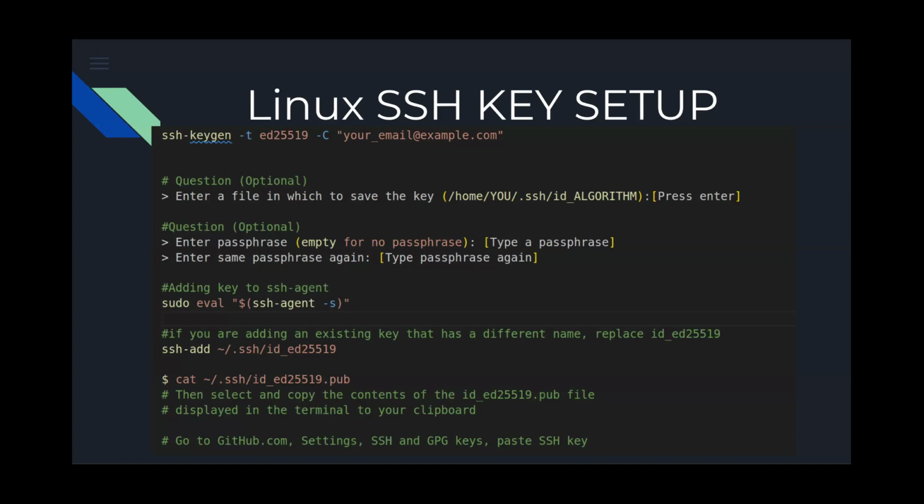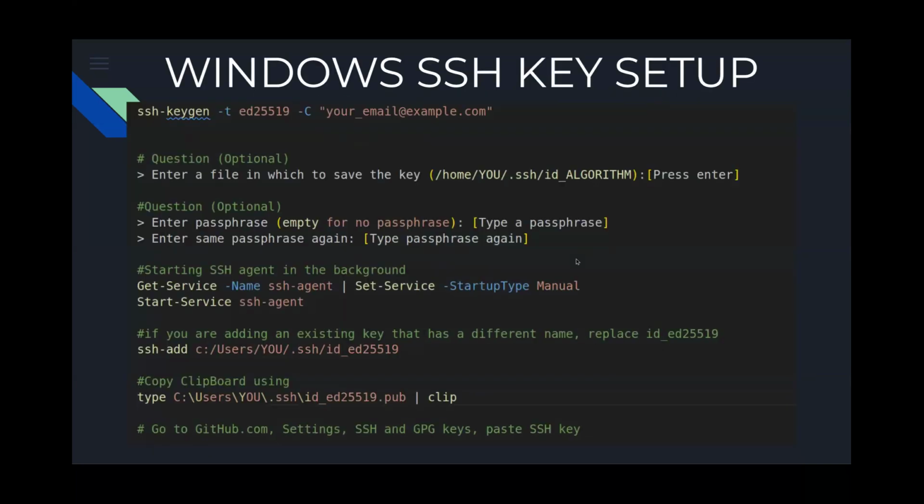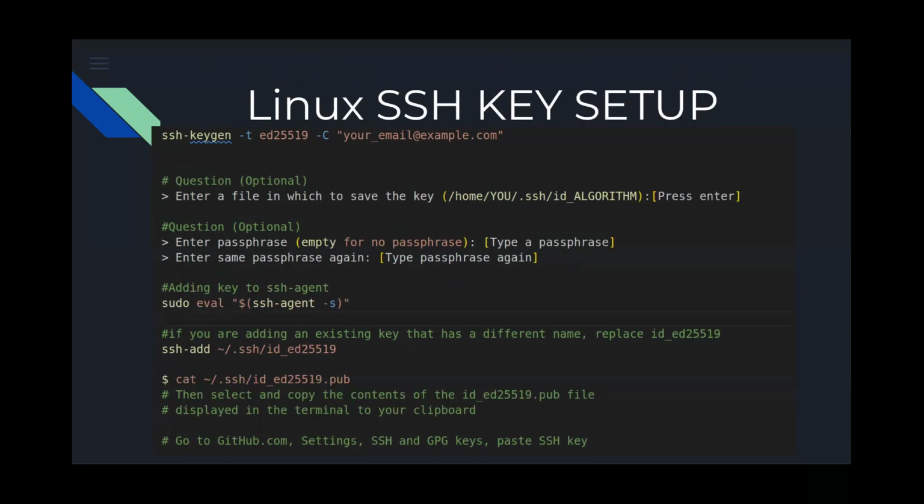I just want to know if anyone needs me to go over this part. This is something I put in here just in case. Perfect. Yeah. So there's going to be two different ways to do it here, and they are going to be similar, but they will not be exactly the same depending on whether you use Windows or Linux. I am assuming that most people here are using Windows. So maybe I could just go over that. But I just need to know which one you guys would like me to go over quick.